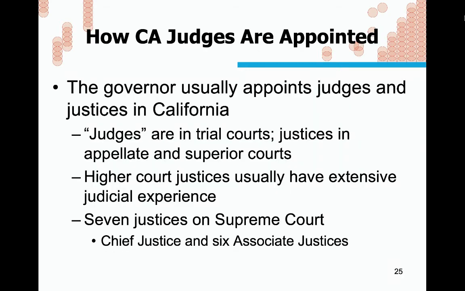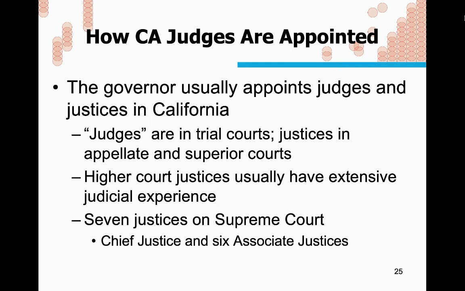But anyway, in California, the process is pretty similar. The governor usually appoints judges and justices. Judges, like in the U.S. system, we use the term judge for trial courts. In California, we use the term justices in appellate and superior courts. The term in the federal legal system, justices is the term used for only those on the Supreme Court. In California, higher court justices usually have extensive judicial experience. That's what we want. Again, you can't really nominate